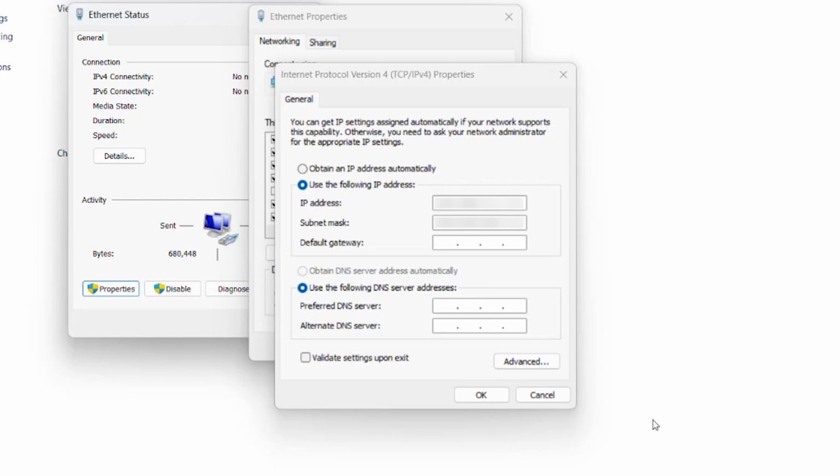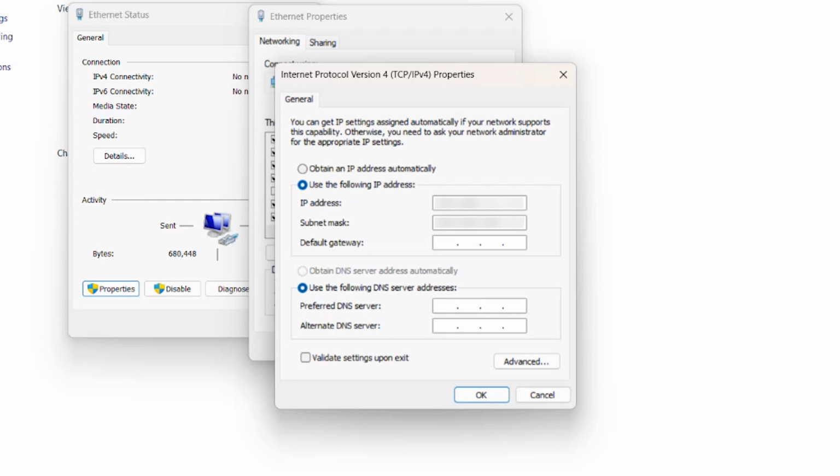So in our example, we had an address ending in .3. We increased that number by 2, bringing it to .5. And then we also changed the subnet mask to reflect the information that was provided by the Axos system. Alright, now let's go ahead and take a look at the VNC Viewer.